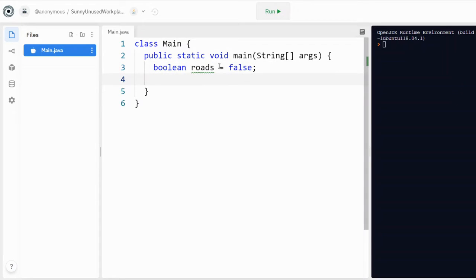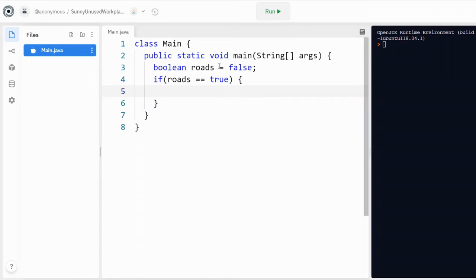Now, let's get into the syntax of our conditional. How you write a conditional is very simple. First, you write if, and you put parentheses. Inside the parentheses, you want to put your actual condition. The condition is what the if statement checks, and if it's true, it'll do whatever is inside the if. If it's false, it'll do whatever's in the else. So in the if, our condition will be if roads equals true. So we're just comparing. We're saying that if the roads Boolean is true,